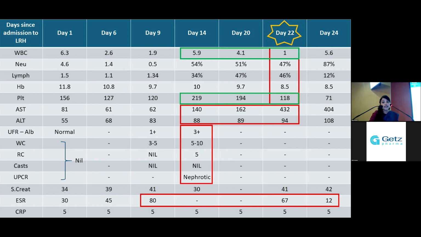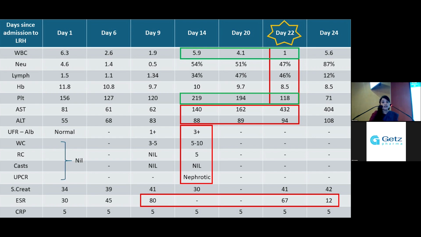And you can see here on day 9 there's 1 class of albuminuria as well, and the ESR has gone up to 80. On day 14, there was some improvement of all the cell lines, probably because of the commencing treatments. And the other important finding is that there is a nephrotic range proteinuria at day 14. The patient was referred to the rheumatology care on day 22, and at this point, he had a significant drop